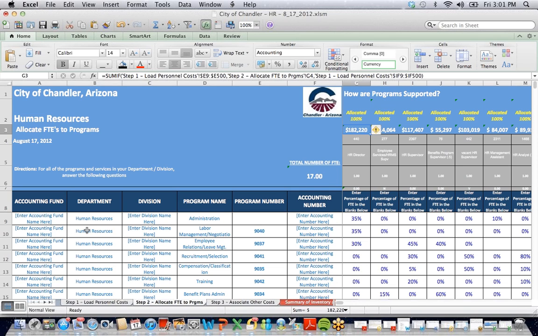So do you put negative personnel costs to show your savings for them, or you leave it blank and it just allocates zero cost to the program but shows the FTE? And that's a great question. So